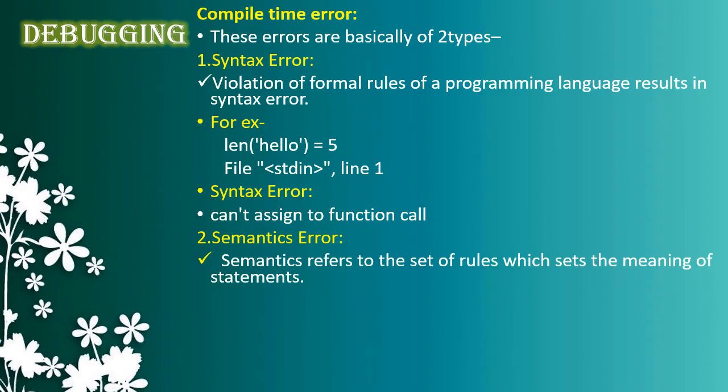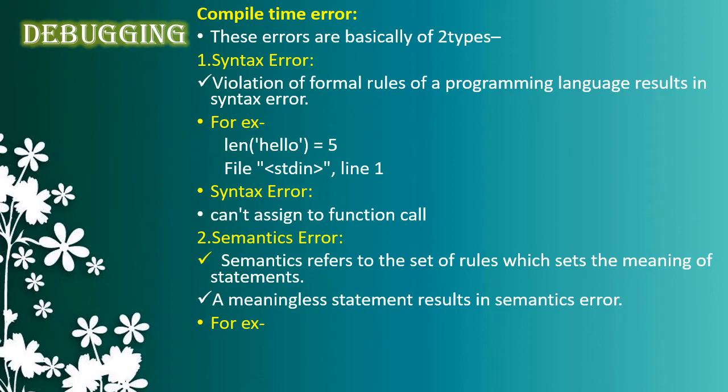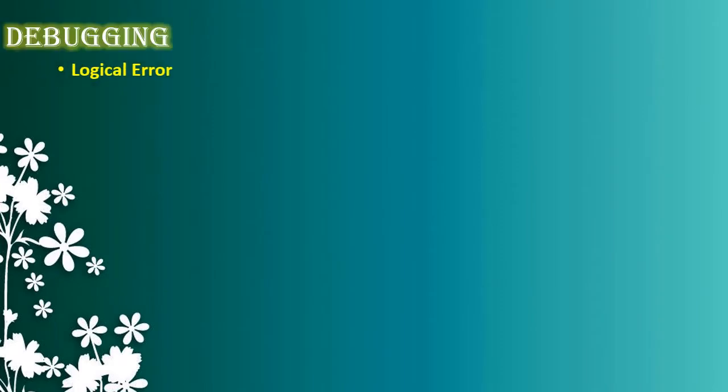And semantic error means it changes the meaning of the statements. Meaningless statements are called semantic errors. See here, on the left side only a variable should come, and on the right side expressions should come. Here the expression x star y is on the left side, so we can't assign the value, right? In mathematical rules it is correct, but in programming this is wrong. We should give z equal to x star y, the correct one.